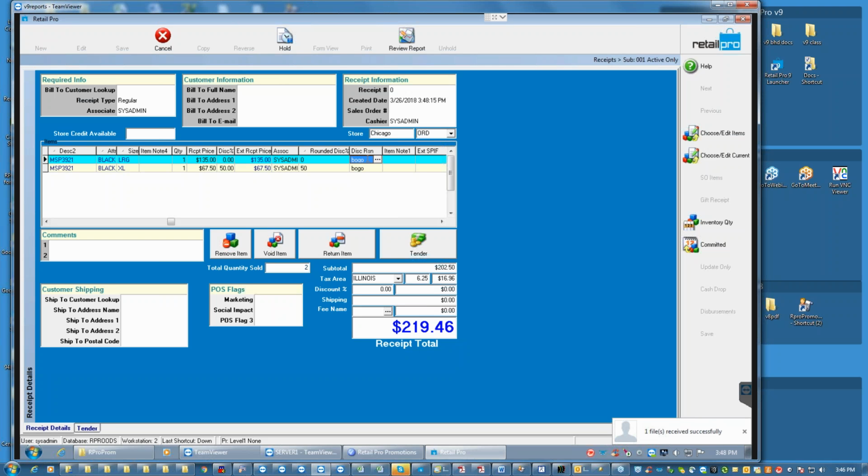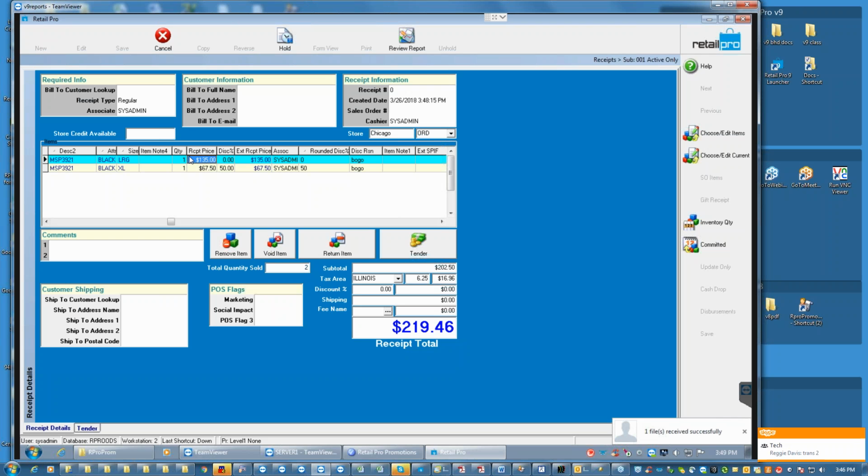Okay, and the reason that's important is if a customer would take this or bring this back, right, and say they wanted to return one of them, but they want to return the $135 one and keep the one for $67.50. Well, that's kind of a no-no, because this was part of a BOGO. So on the receipt, you want to know which thing was part of the BOGO. So when you look at it now, you've got a negotiation with your customer who wants to return that,